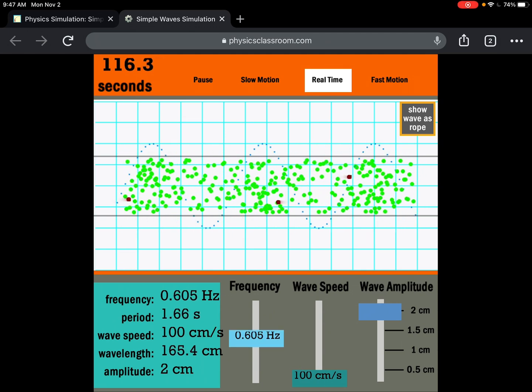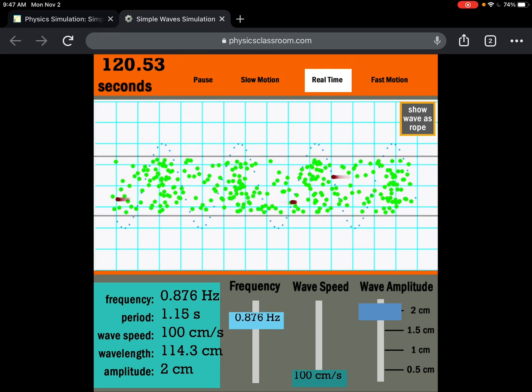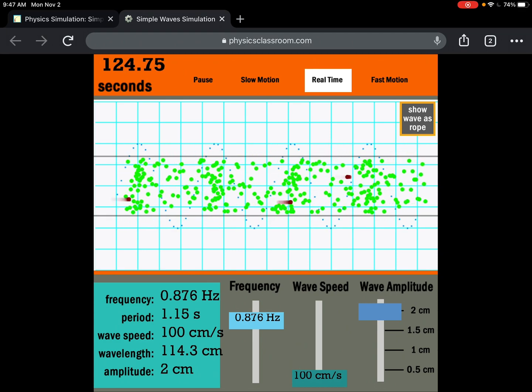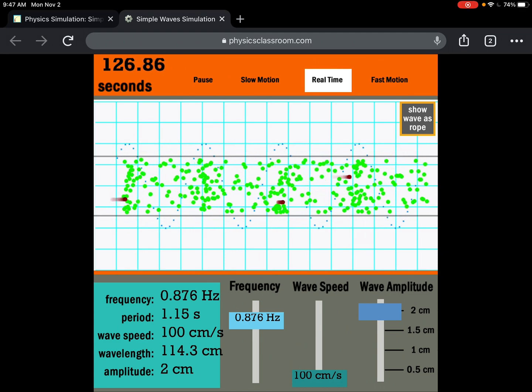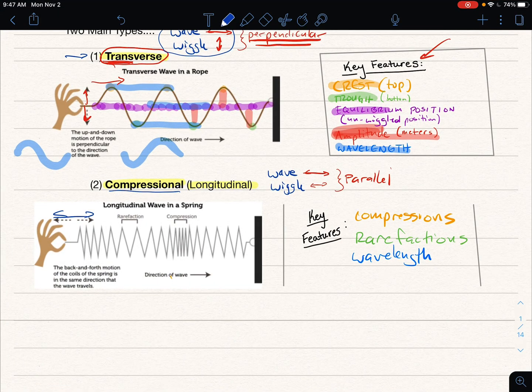And if I bunch this up a little bit tighter, we can kind of see the bunched up areas moving to the right. Think of those like the crests, right? And the kind of spaced out areas that aren't as dense, we think of those as troughs. And so they've got a special name though. Up on the top here with this type, we could say, well, that's a crest and that's a trough.